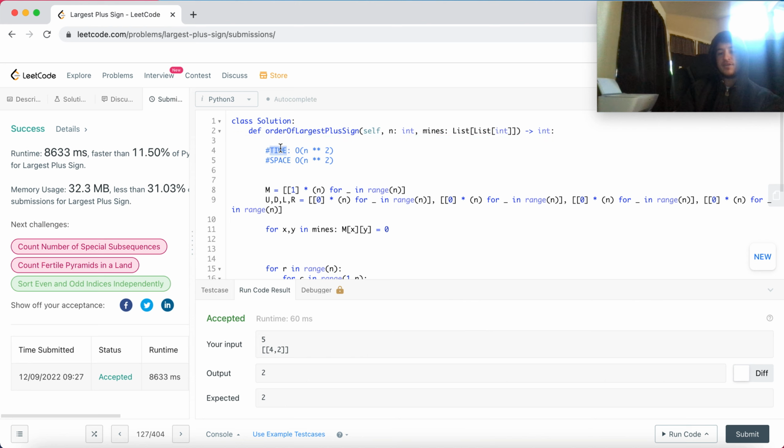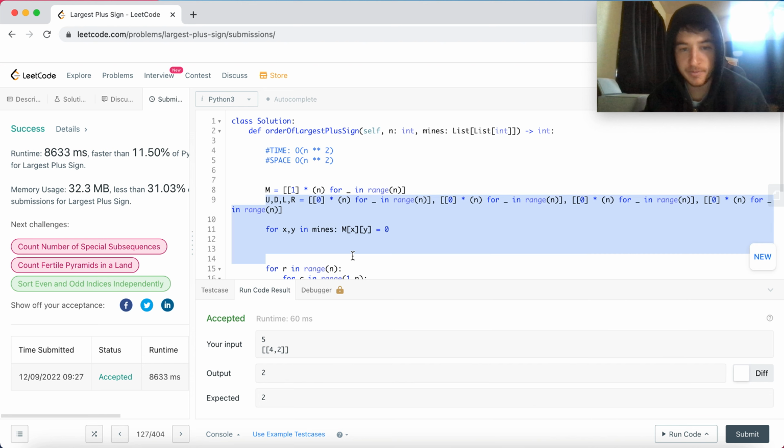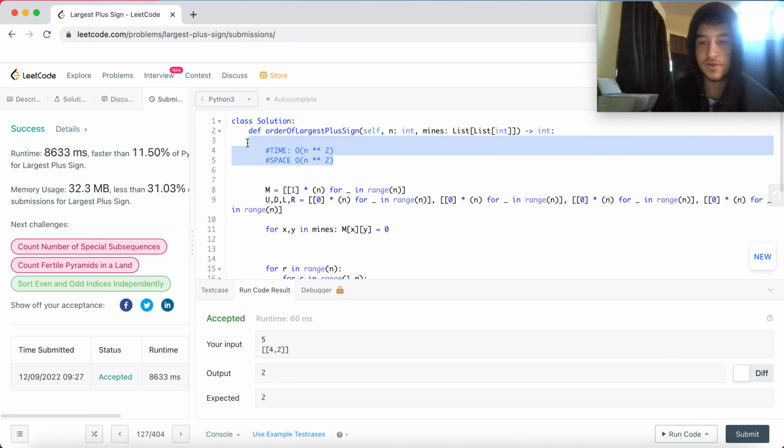Now, there's definitely tweaks you could make to make this faster, but its worst case runtime complexity is still the same, right? Because maybe you could reuse information here. You could use the same array over and over again and then calculate everything to the left, find out what that value is, save it. Calculate everything to the right, see if it's less, save it. Calculate everything down. So there's definitely ways you can tweak this to make it more efficient, but it's not going to affect what we care about most, which is the worst case